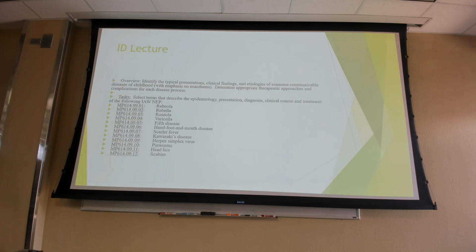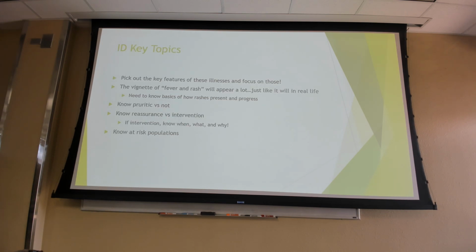In ID, when you're studying, I would pair ID up with derm. Because a lot of things look like fever and a rash, fever and a rash, fever and a rash. So if you can differentiate when I'm trying to talk about an infectious etiology versus a dermatologic etiology, that's going to help you out a whole lot. So the key features, right? If I say a rash starts here, or the baby came out with this rash, or there was this rash, and or there's a fever and then a rash, or what was the order of events,